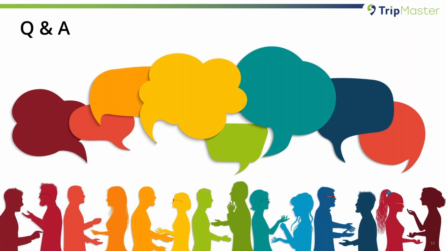You certainly could. You could certainly use TripMaster as your scheduling engine, and not routing, but just scheduling and taking the reservations and then sending those over. There are simple ways to export all of the reservations for, say, tomorrow, and send that over to a provider that you're outsourcing to. If that provider happens to be using TripMaster for their system, then they would have a click of a button, and then that data would be imported into their side. And we're working to be able to send back real-time notifications between two TripMaster systems. If they weren't using TripMaster, at least you've generated a way for you to send it over to them.